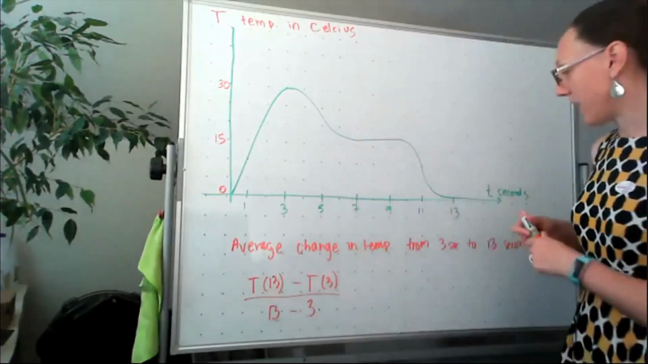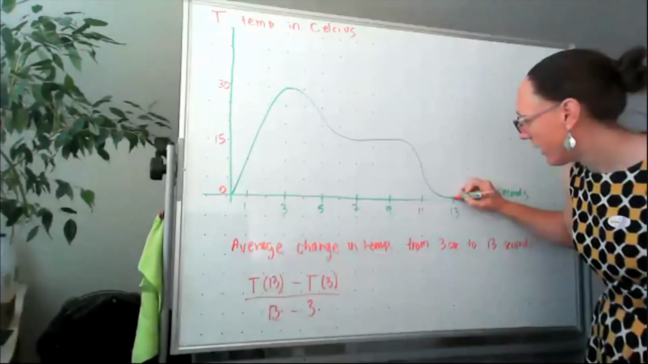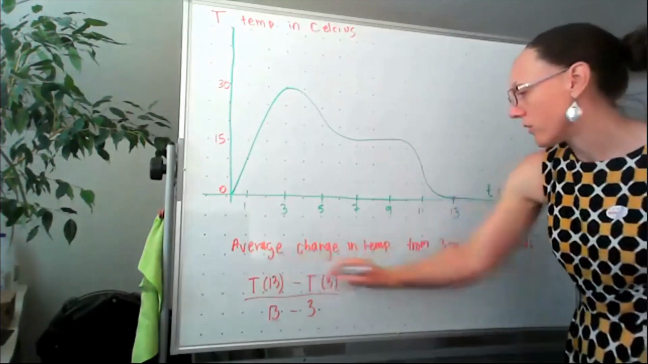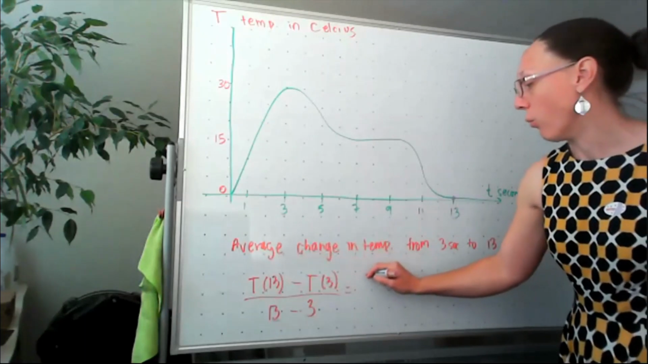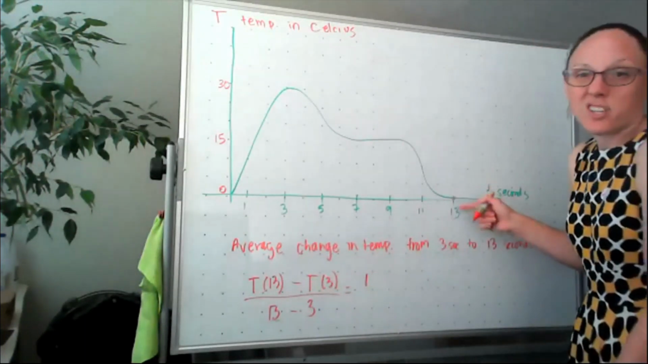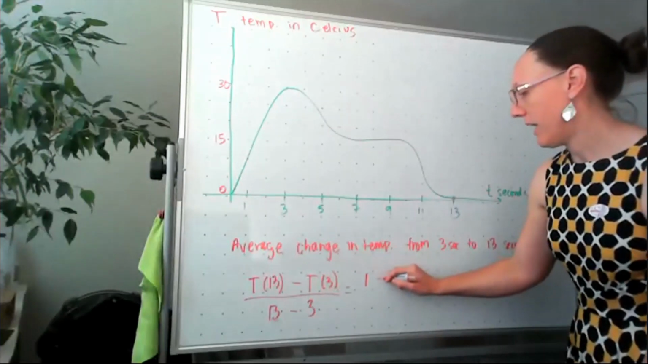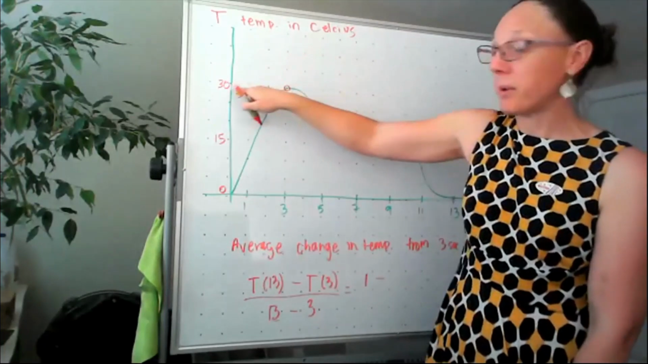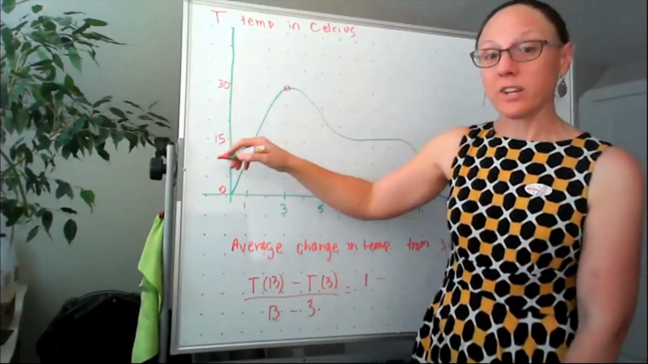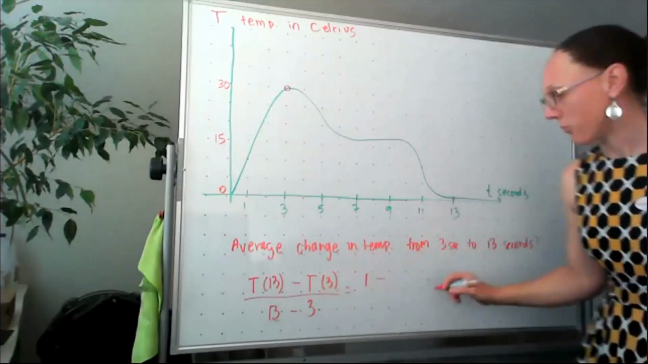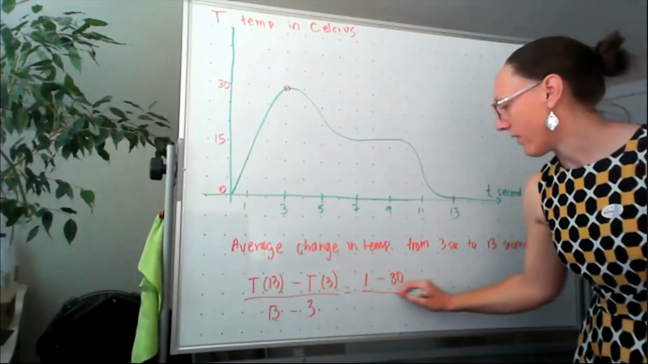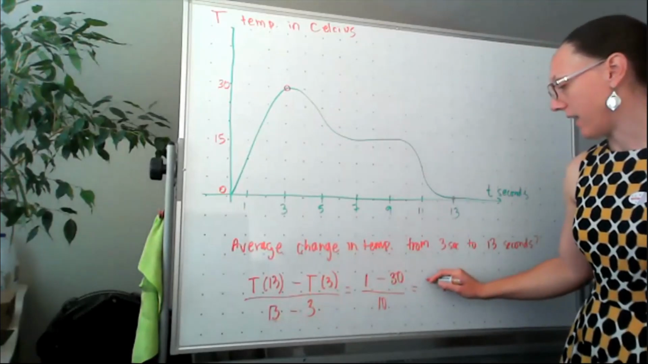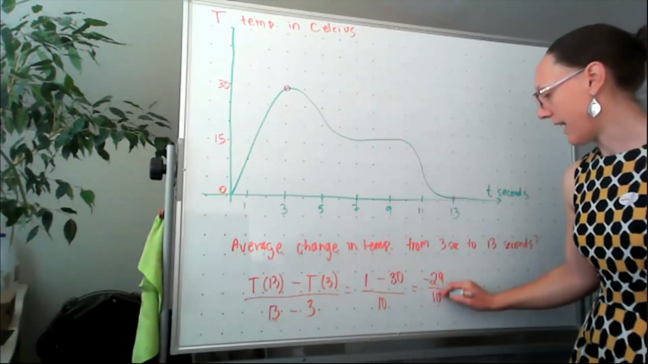I'm trying to choose some points where our values are obvious. So T of 13, okay, it's not quite 0. It's hovering slightly above 0. I'm going to call T of 13 maybe 1, because it's just slightly above 0. And then minus T of 3. So if I come to 3, I tried to make that point land pretty perfectly at 30. So T of 3 is going to be 30. And then all of that is over 13 minus 3, which would give me a 10. So I'm looking at negative 29 over 10,